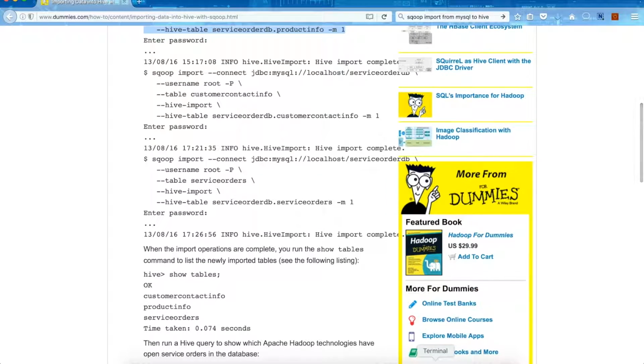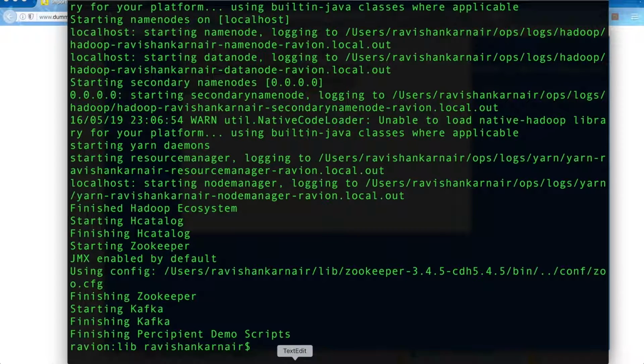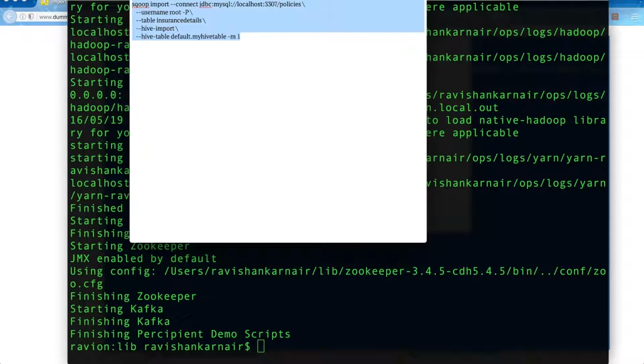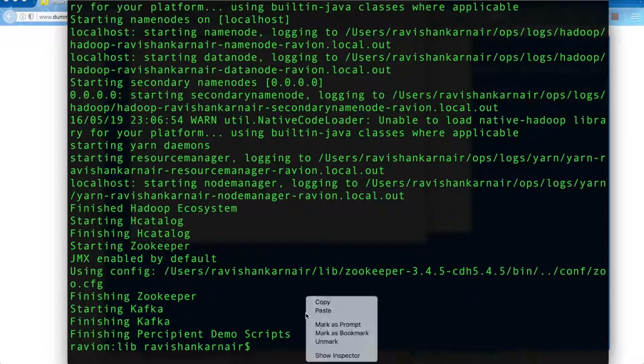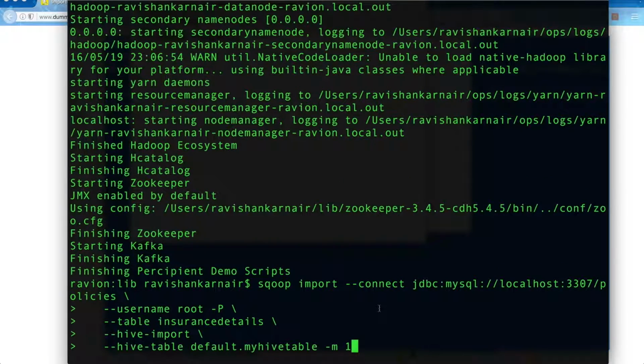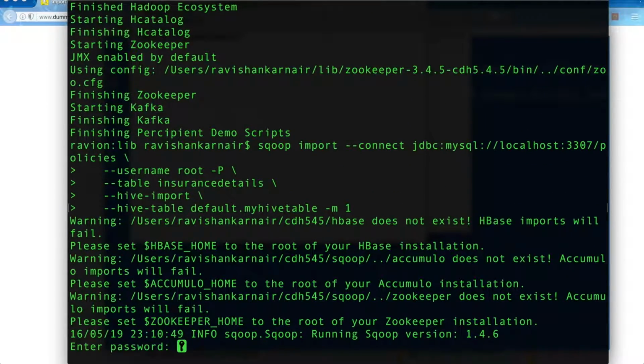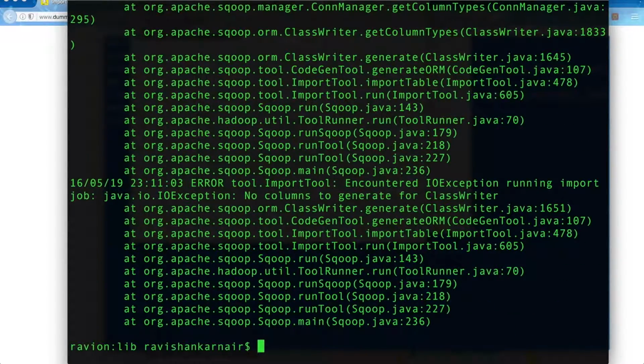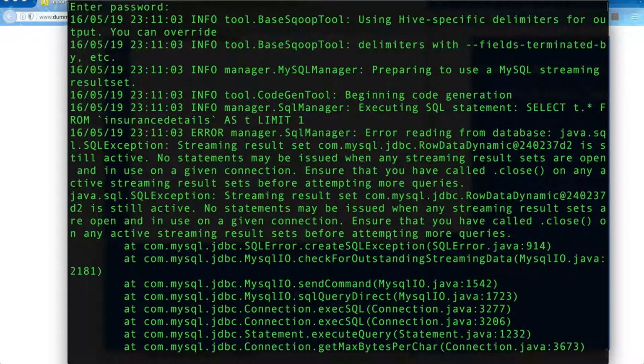Yes. So once you have that, then let us execute this. So I'm going to copy this, and let's see whether we have any errors or not. So I'm going to paste it. It is asking for the password because we gave the -p option. So what is the password of MySQL? Root, which is my password, and then press enter. So you're getting an error. The error is